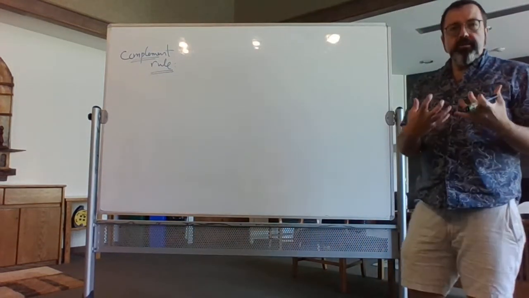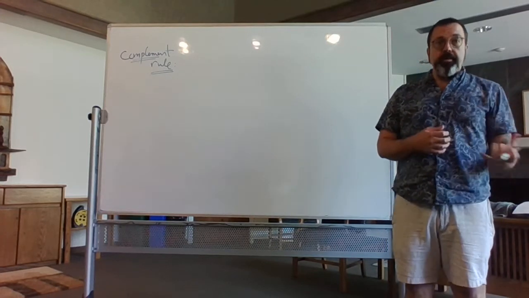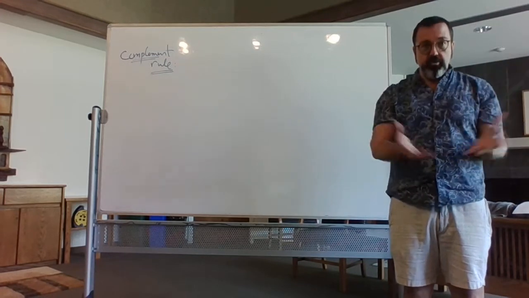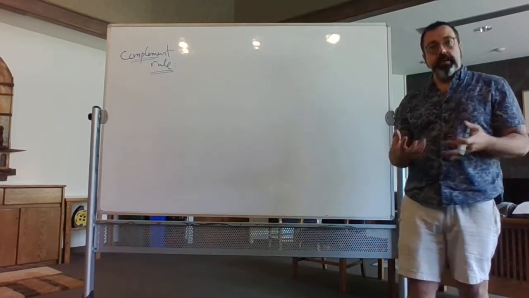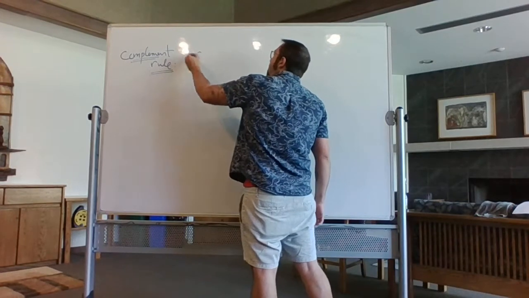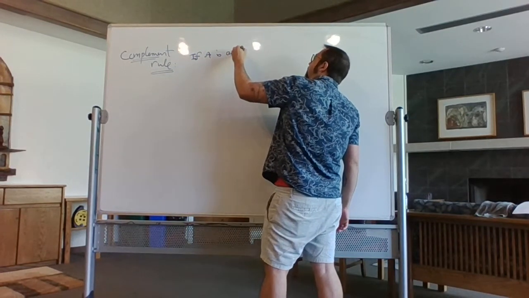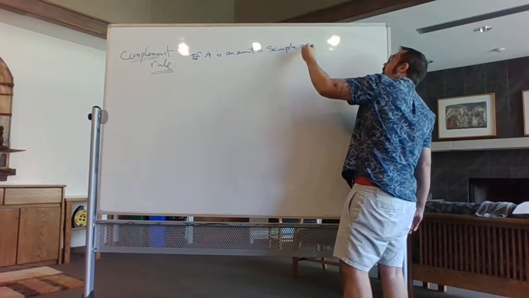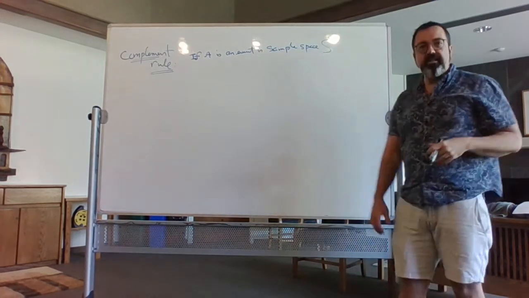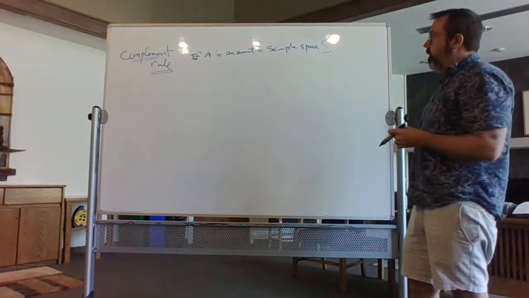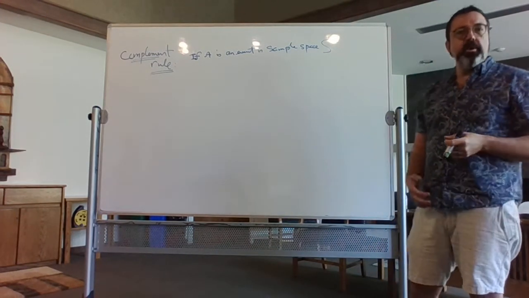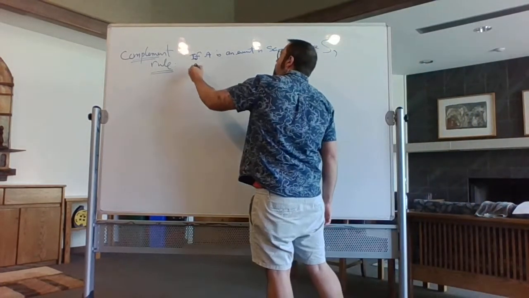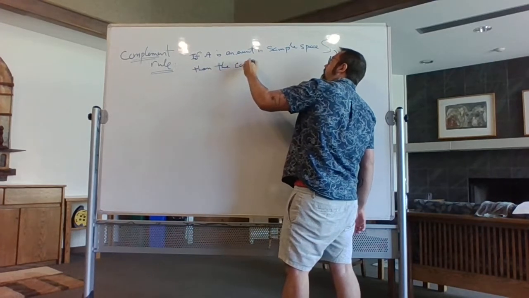So remember, all of our action, when we're talking about probability and combinatorics, generally speaking, is taking place inside of some universe of possibilities called a sample space. So if A is an event in the sample space S, again, this is all possible outcomes of some experiment or process, then the complement